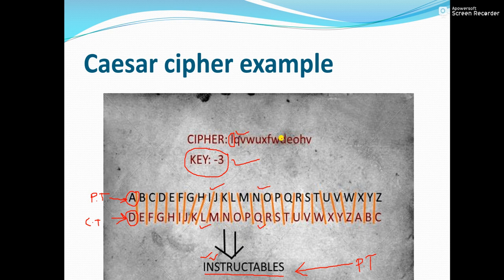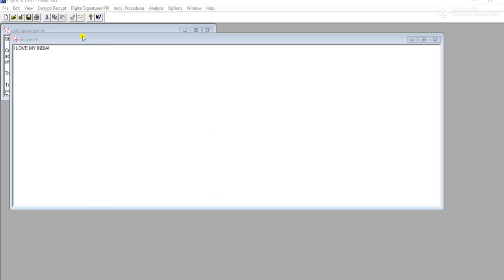Like this, we have got our final cipher text, which is obviously not readable. It doesn't make any sense. So this is how Caesar-Cipher works. The same technique we are going to apply here in our plain text file.